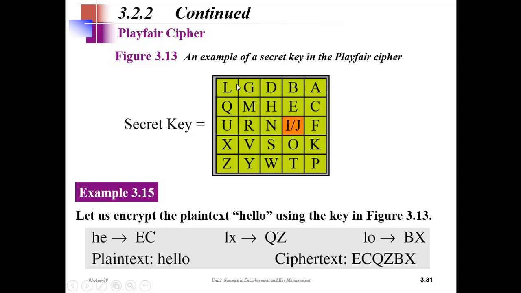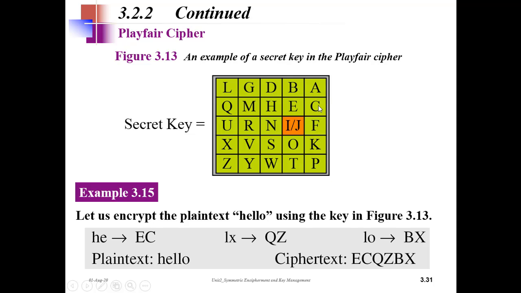Okay. So here they have used 1, 2, 3, 4, 1, 2, 3, 4, 5. Sorry, this is a 5 by 5 matrix. So the matrix size is standard 5 by 5, but we can randomly keep the alphabets anywhere. So if you observe, this is kept in a left to right and top to bottom approach.